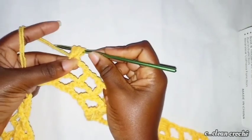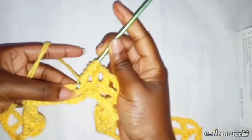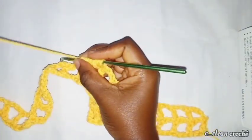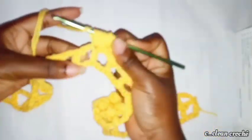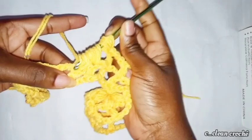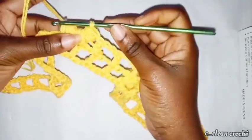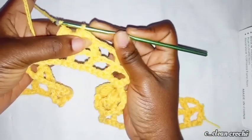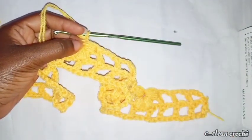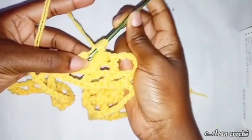You make sure you always do this, because if it's too tight, when you're pulling through, finally you find it difficult. So you make it as flexible as you can. So we are going to yarn over and work in the next stitch hole. We are going to do it 3 times. Yarn over. So we have a series of yarn overs, then we yarn over and pull through each of these loops. You chain to put it in place, then you chain to make it firm. Then you work your 4th petal, yarn over,